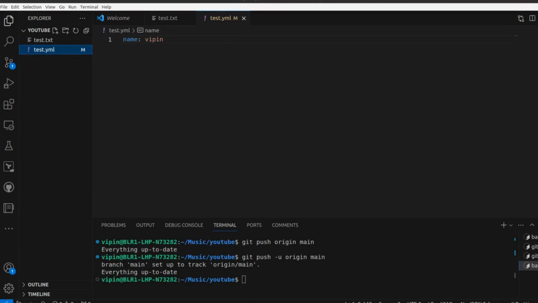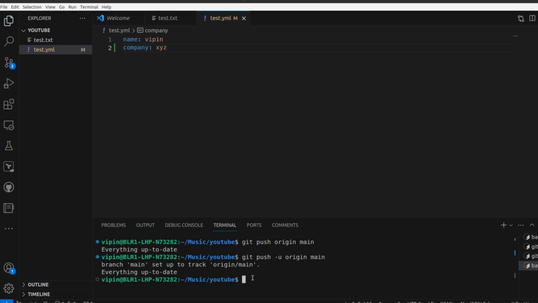And if we add something new here, this is the YAML, so we write company XYZ.